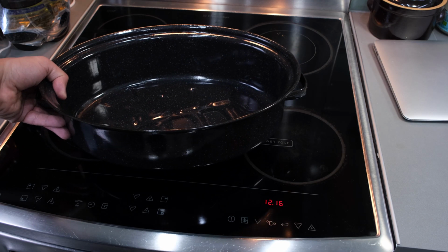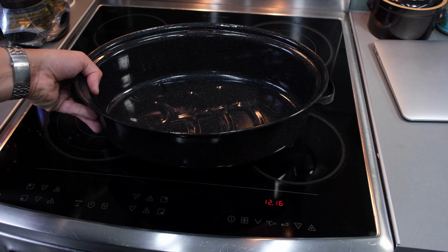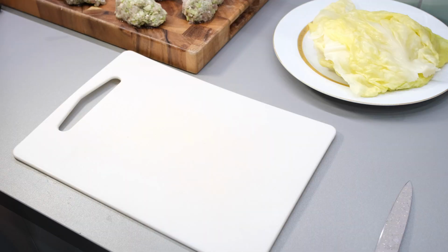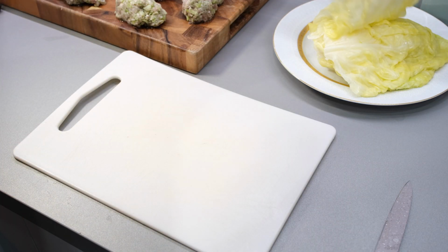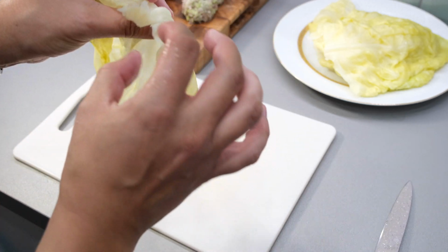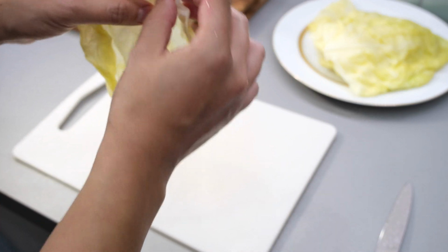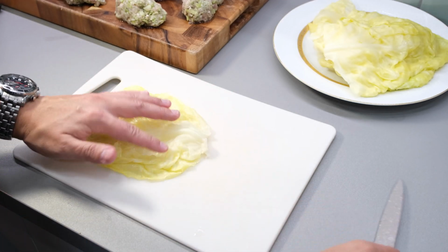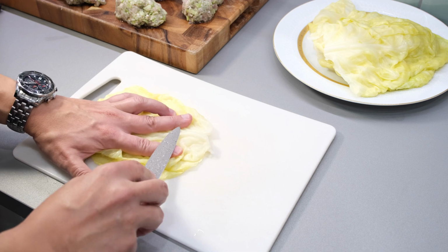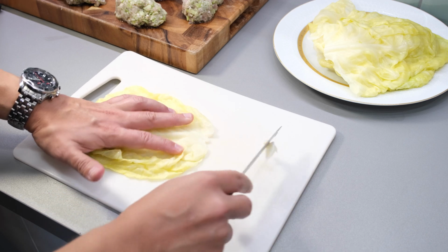Now, I don't have a pot that's big enough, so I'm going to use this. And what we need to do is put the broken leaves at the bottom. What we need to do next is take 1 leaf. Some of them may have the piece of stalk here, very hard. So what you need to do is cut just a tiny bit of it, so it's going to be easier